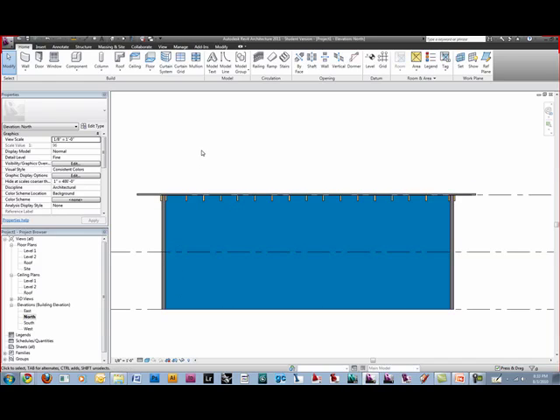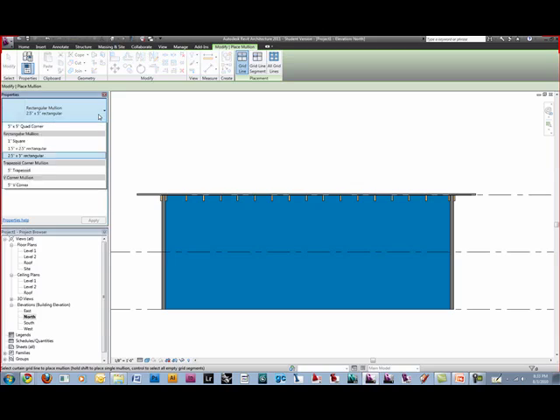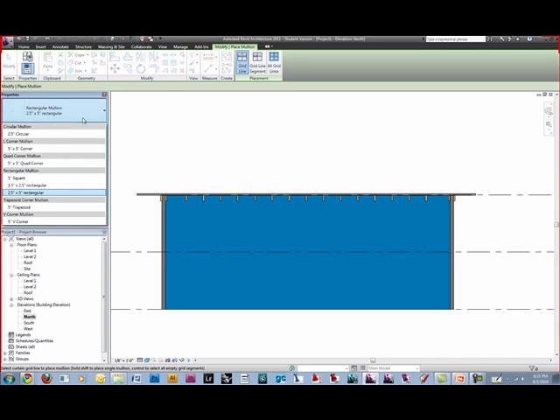Now, in order to cut that sheet of glass up, we have to start with curtain grids. We can't place mullions on nothing. We have to first place grids, and then we can place mullions. What you can do is place it on the edges of the glass. So let's go ahead and place some mullions on the edges here. We can choose our type of mullion first on our left side over here. So let's say we wanted,